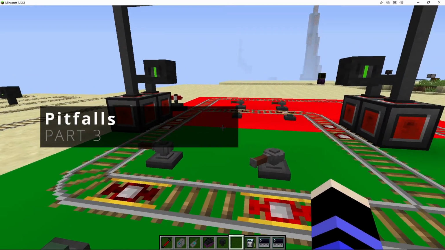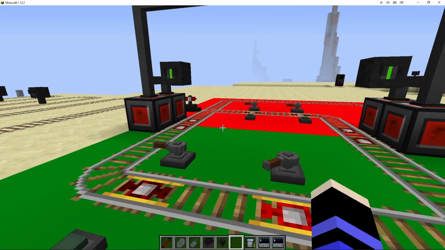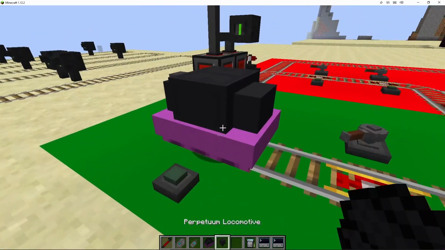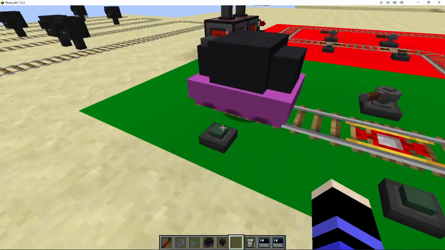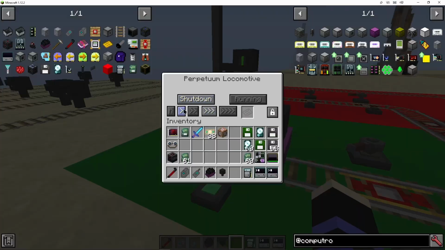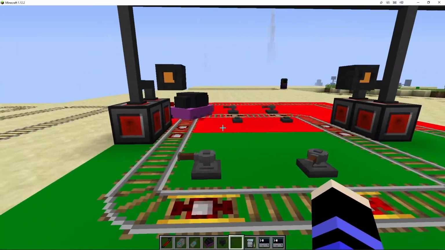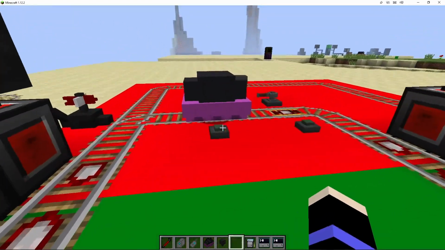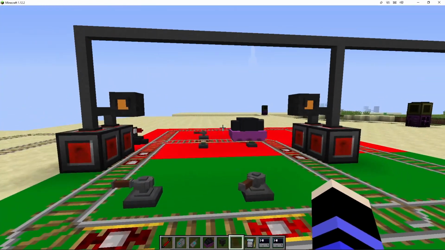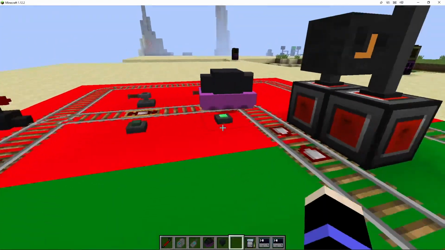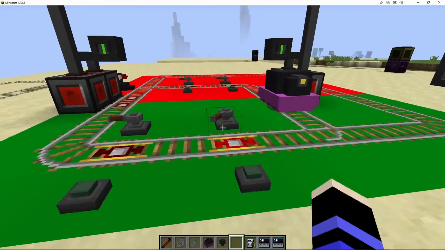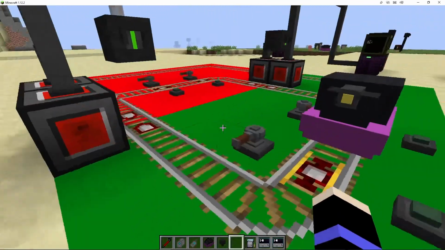So now we come to part 3, where we are going to have a look at some problems you can have. So if I once again send a train into the token area, as we would expect, the signal is going to turn red. And then when it comes back out, turns green. However,